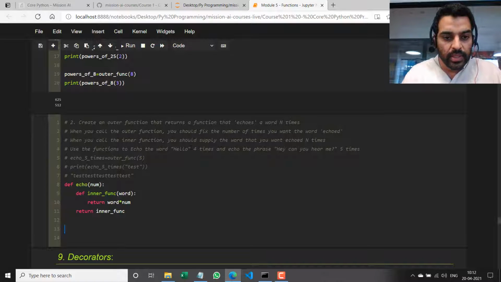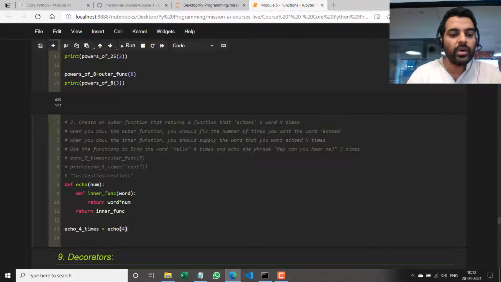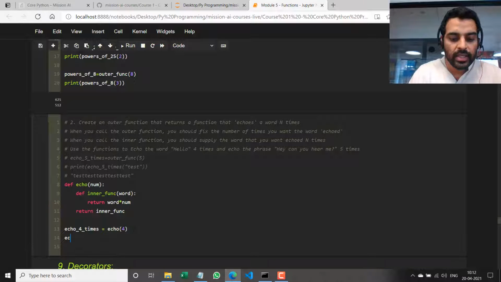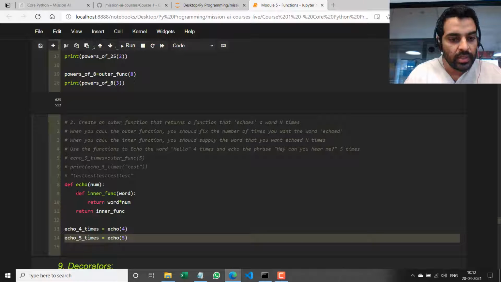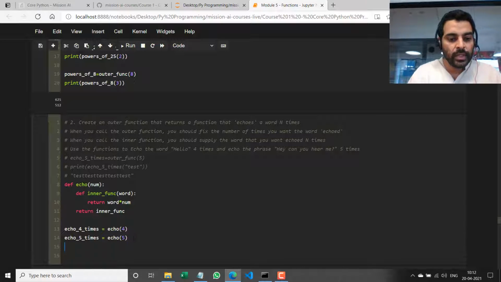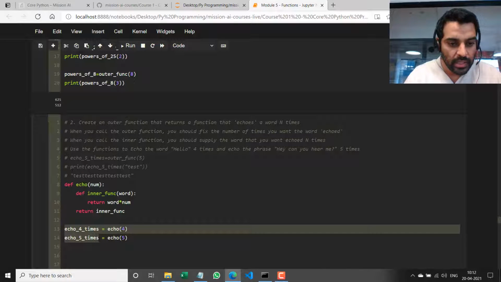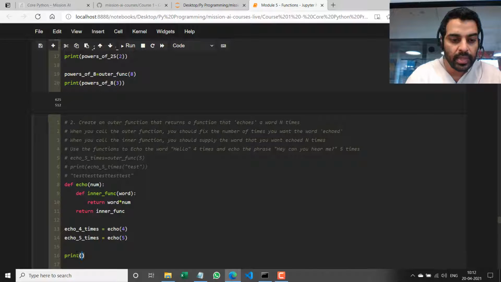So the first thing is I want to echo the word hello 4 times. So I'll create a function called echo 4 times, which is echo, and I'm supplying the argument 4, right? So what this does is it returns a version of the inner function with number fixed as 4. Similarly, echo 5 times, echo of 5. So this returns a version of the inner function where num is fixed as 5. Now I'm going to call these newly created functions to get my output. So in the first case, I'll say print of